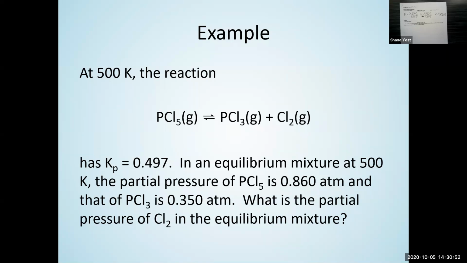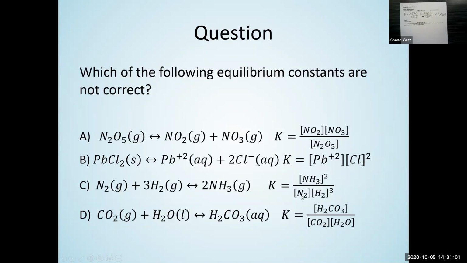So before we get to this example, let me point out that these equilibrium constants express a ratio between your products and your reactants at equilibrium, and that ratio is always the same. The equilibrium constant for a given chemical reaction has some numerical value, and that numerical value does not depend on what your initial concentrations of reactants and products are. It's always the same number.